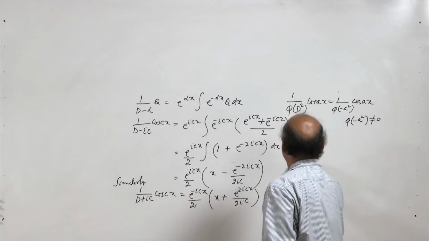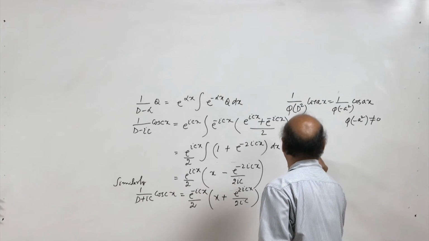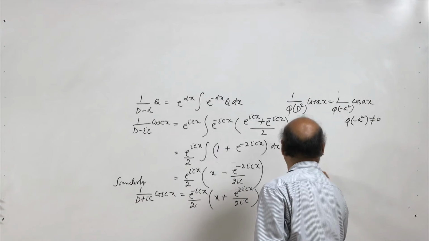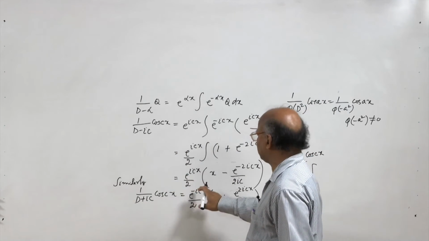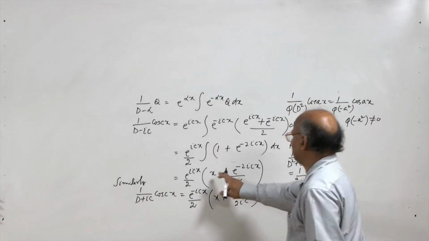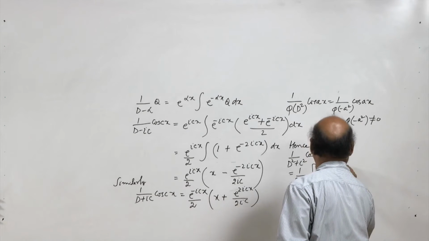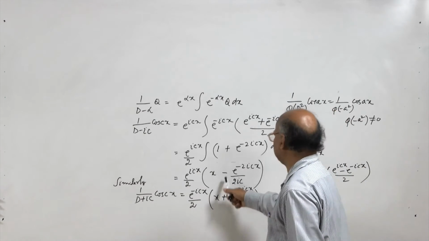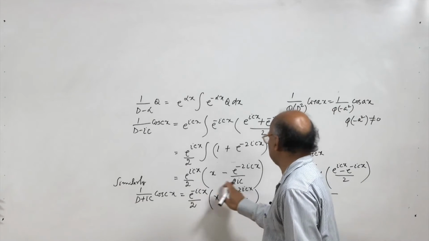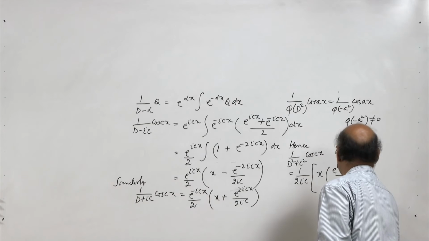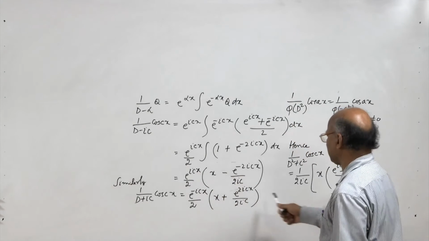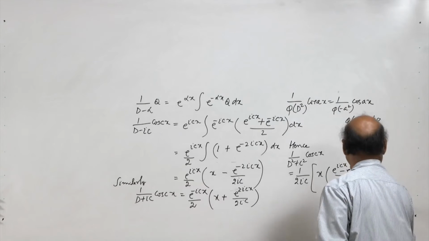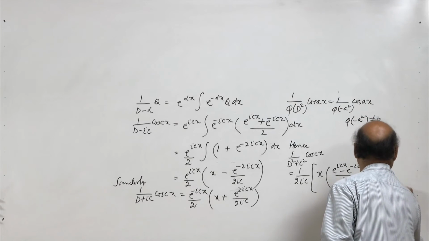Hence 1 over d square plus c square cos cx is equal to 1 over 2ic. From 1 over d minus ic cos cx, we subtract the value of 1 over d plus ic cos cx, and so this will give you x times (e to the power icx minus e to the power minus icx) divided by 2, and when we have minus sign here, 2 becomes 4ic, and we get e to the power minus icx. Here we get e to the power plus icx. So, e to the power icx plus e to the power minus icx,